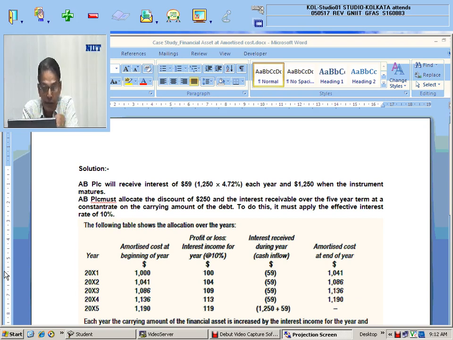So the difference, 104 minus 59, which is 45, will be added to the amortized cost at the beginning of the year. So the amortized cost at the end of the second year will be 1,086. In the third year,